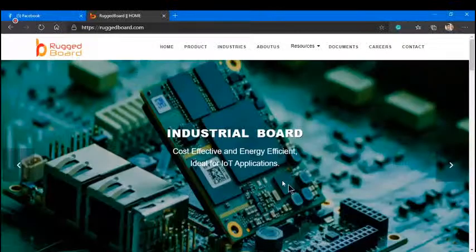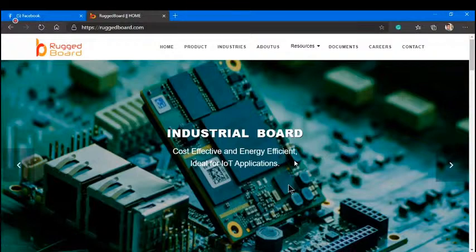So here, this is ruggedboard.com. Rugged Board is a trademark of PyTech. It is an open source hardware and software platform for industrial single board computers, especially for Industry 4.0, smart energy, smart agriculture, and smart city applications, right?